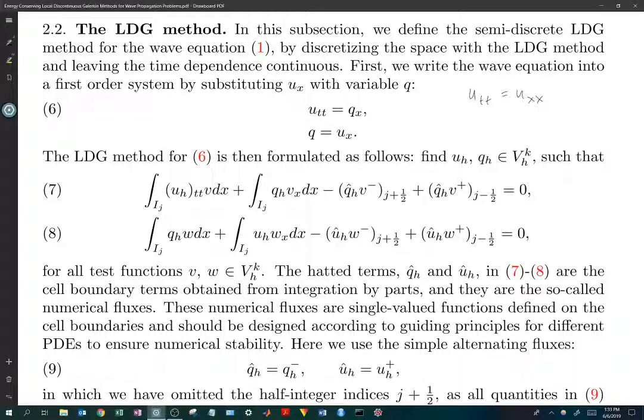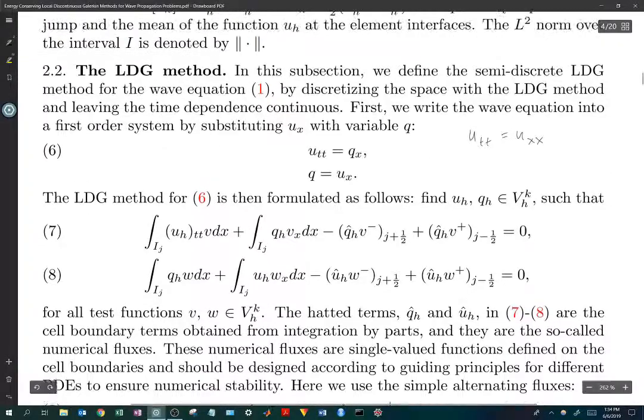And this gets a little confusing because what you have to do here is evaluate these. For integration by parts, you have to evaluate something at the endpoints. So here what we're doing is evaluating these test functions and the exact solutions at the endpoints. But if you remember how our space of functions is defined, we actually have two possible values that we can use for the endpoint. We can use either the value,